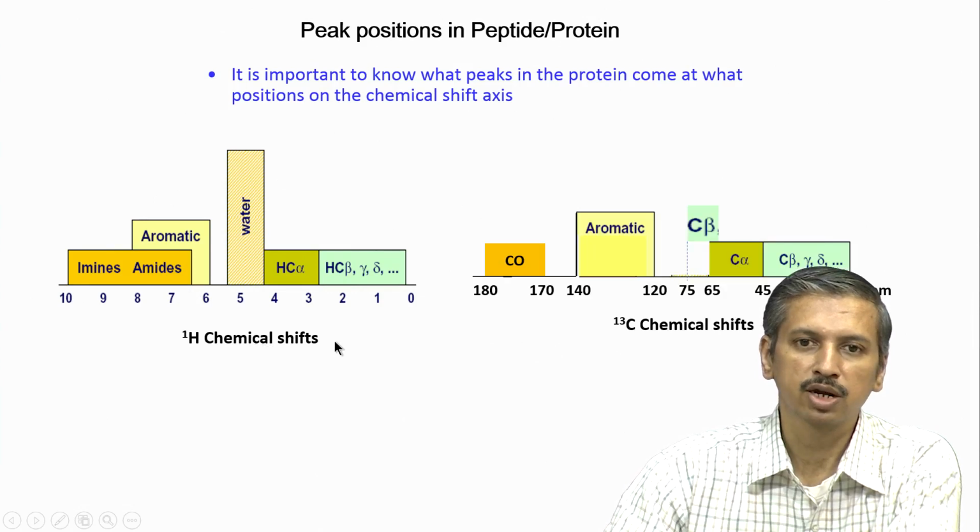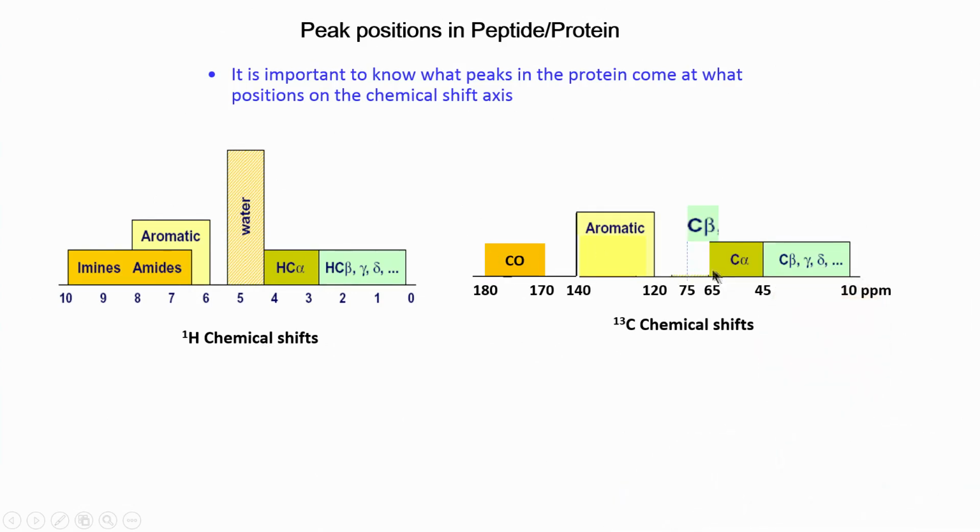Now, let us look at carbon. Where do the carbon chemical shifts come? Carbon chemical shift comes in this range. Typically between 10 to 45 ppm, you will get all the aliphatic C beta, C gamma, C delta chemical shifts. The methyls etc., will come somewhere close to 10 to 20 ppm, 10 to 25, and the remaining all come in 25 to 45. Okay. The C alpha starts around 45 for glycines and goes up to 65. This is something which we saw in the experiments called HNCA and HNCOCA. So, this is the range typically for C alpha of all amino acids.